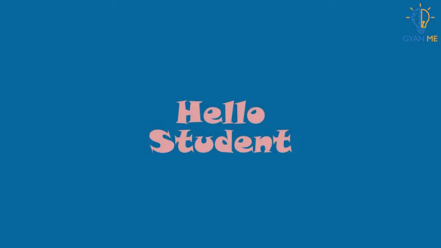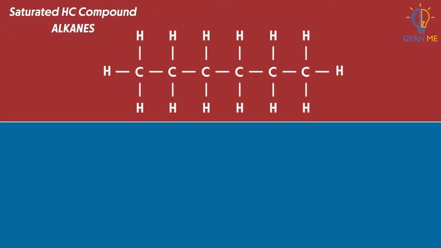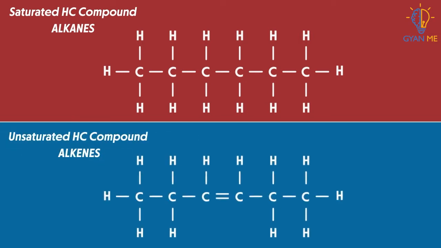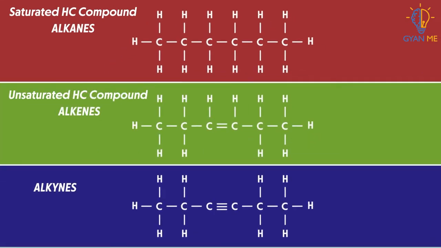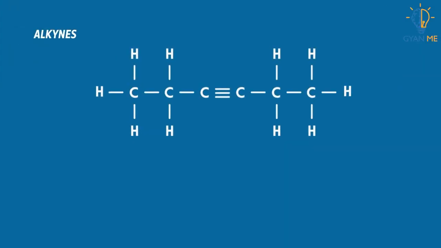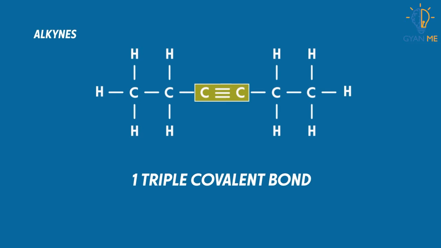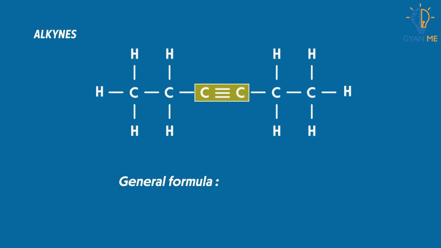Hello students, we have already learned about saturated hydrocarbon compound alkanes and unsaturated hydrocarbon compound alkenes. We are left with one last family that consists of unsaturated hydrocarbon compounds called alkynes. These compounds have at least one triple covalent bond between their two carbon atoms. The general formula for alkynes is